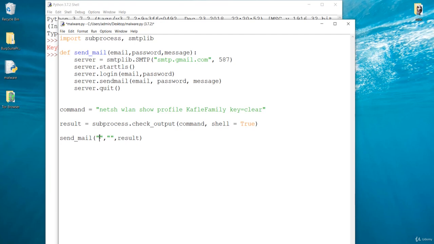In my case I have created one Gmail for this testing purpose, so I'll put it here. Now after you put that email, you have to put the password. So this is my password, and just make sure this is correct, because this is going to be your server where this result will be sent.